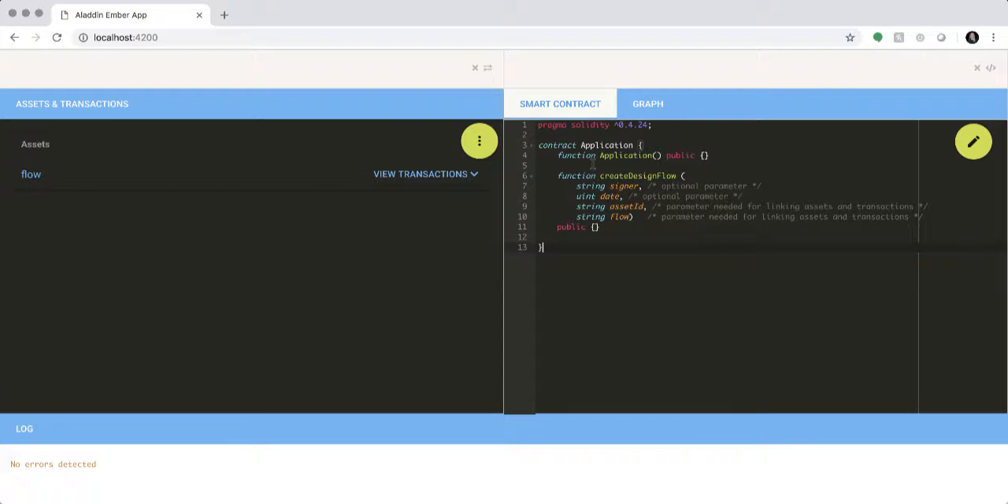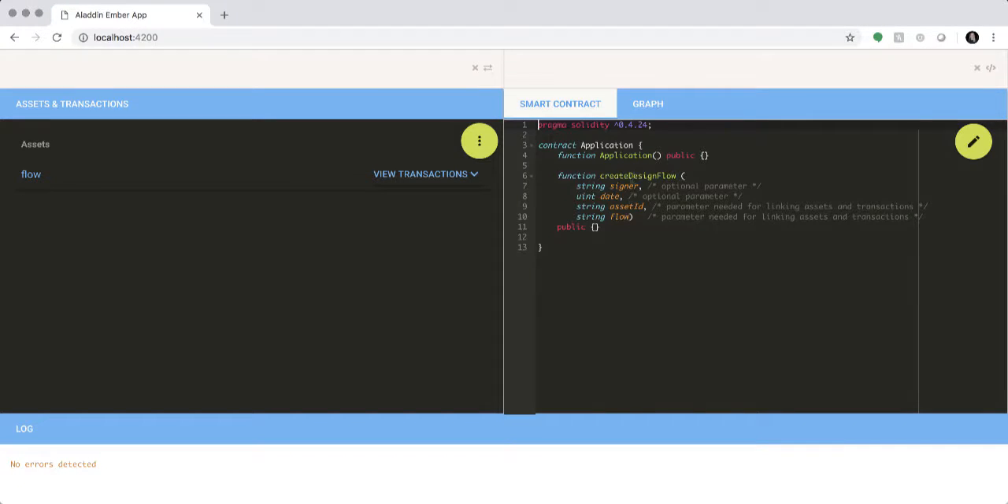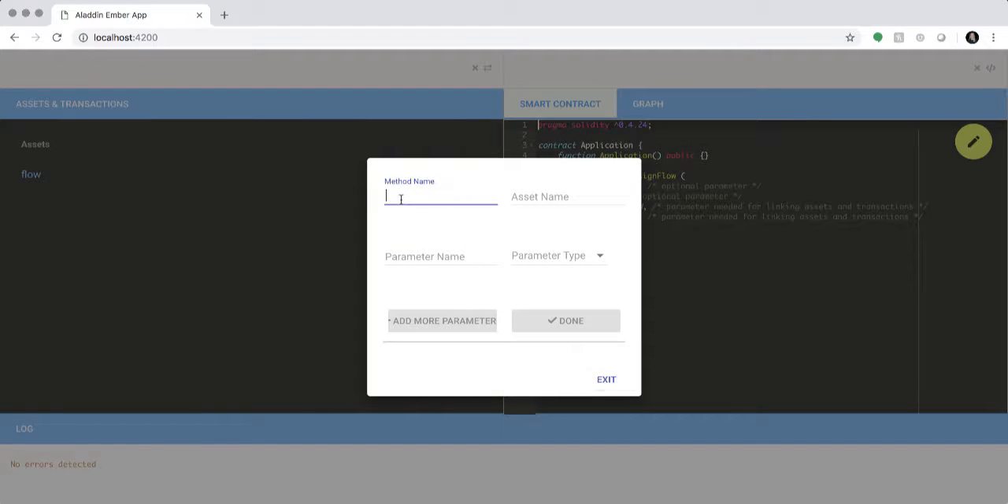So I have a smart contract here, and if I look at the graph of the smart contract, all I have is a method called create design flow, which operates on a design flow. So what I can do is extend that. And the way I extend that is just click this plus button here and say I wanted to add a method to update design flow,